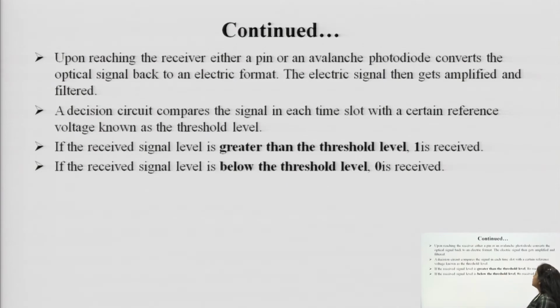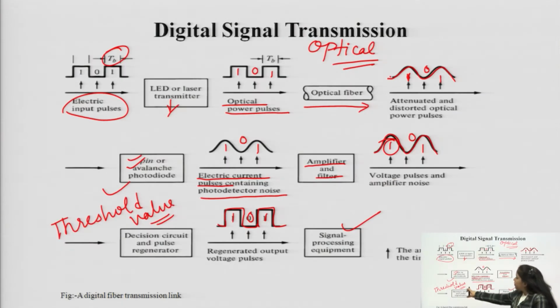Reaching the receiver, what is happening? It interacts with the photodiode or a PIN photodiode and gets converted back into the electrical signal. Then it encounters the amplifier for amplification of the signal, and then it encounters the decision making circuit. As I already told you in this figure also, the decision making circuit has